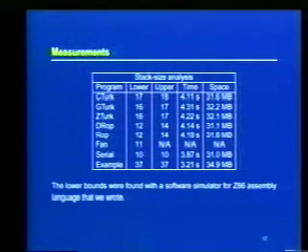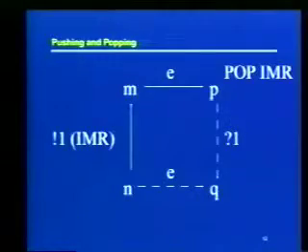Now, for the type stuff, what this is all about is, if you go back a little bit to my big picture, what we're doing here for the type checking of things on the stack is saying, well, if we have a situation like this, it could be that the node for P was actually for a return instruction. So this would be a disaster, because it would mean we're trying to do a return where on top of the stack there's an IMR value. So if we ever run into a situation in the graph where that could happen, where the push and the pop don't match up, we will call it a type error, and the tool will report an error.